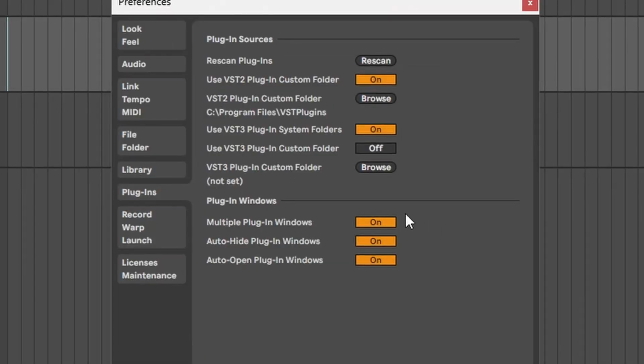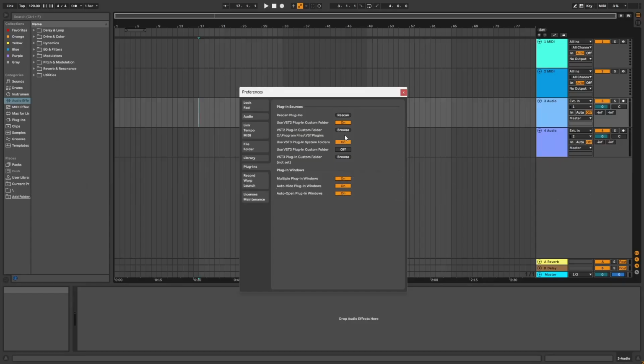Moving on to the Plugins window. Now, by default, you will have to select your VST2 plugin folder if you're using any VST2s. I've already actually done it in this case because it typically takes a long time to scan, but what you would do is you hit browse and navigate to your VST2 plugin folder. Usually this is either C:/Program Files/VSTPlugins or C:/Program Files/Steinberg/VSTPlugins. On a Mac,